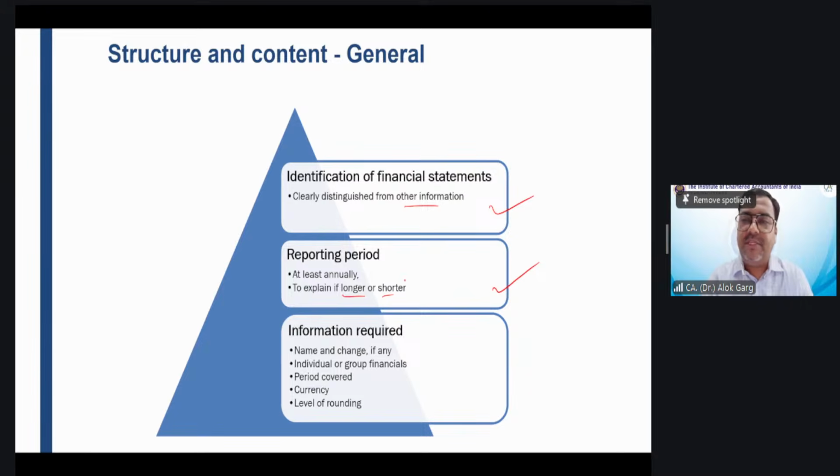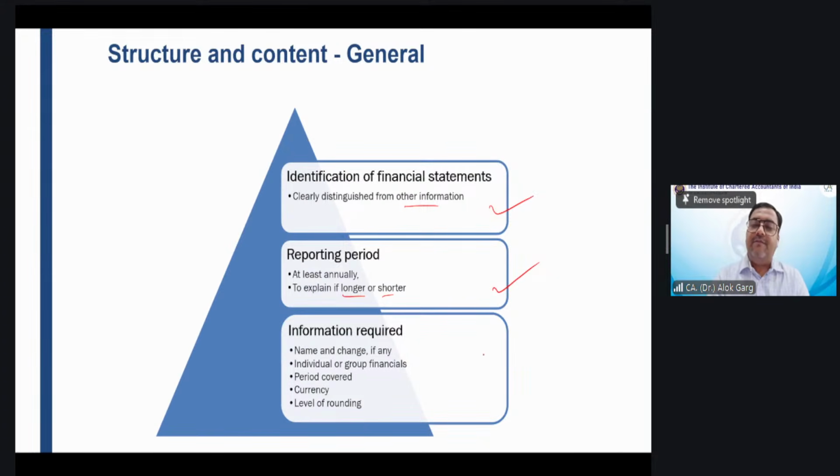Or the company is into liquidation, right? The company was liquidated in the month of November. So instead of preparing the full 12 months account, the company will prepare the how much accounts? कितने दिन के accounts? 8 month accounts.